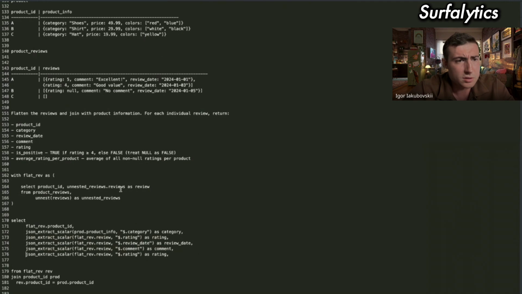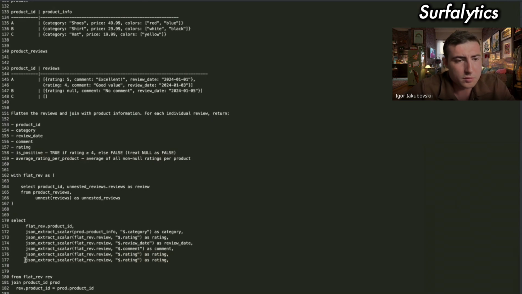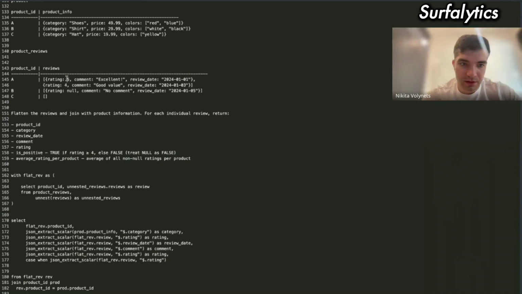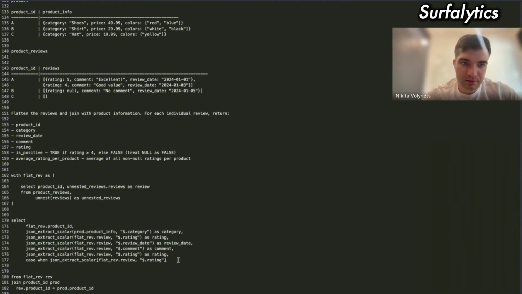Rating is positive, true if rating is... Is this an integer in this JSON? You mean rating? Yes. Yes, it's integer, right?